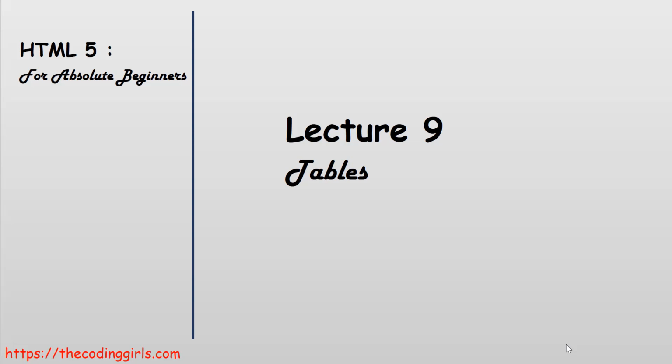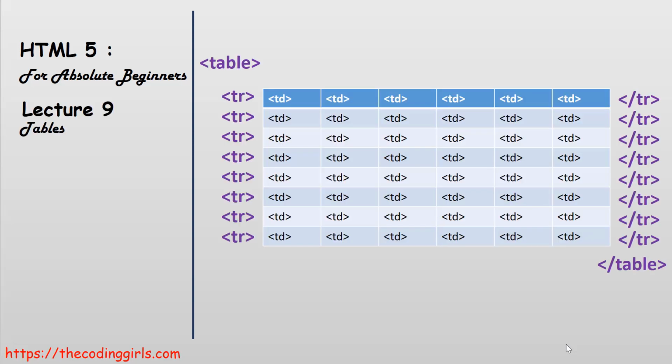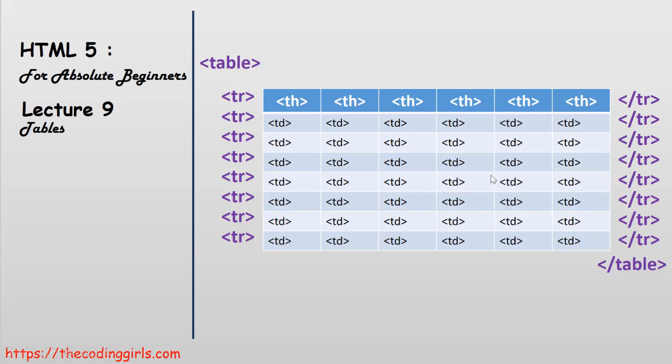Okay, if you are not familiar with tables, tables are just like spreadsheets where we can have some data in tabular form. The table is enclosed in the table element and then we have rows which are denoted by the TR element. Each cell in the row is denoted by the TD element. The header row can have special styling if we use the TH element instead of the TD element.